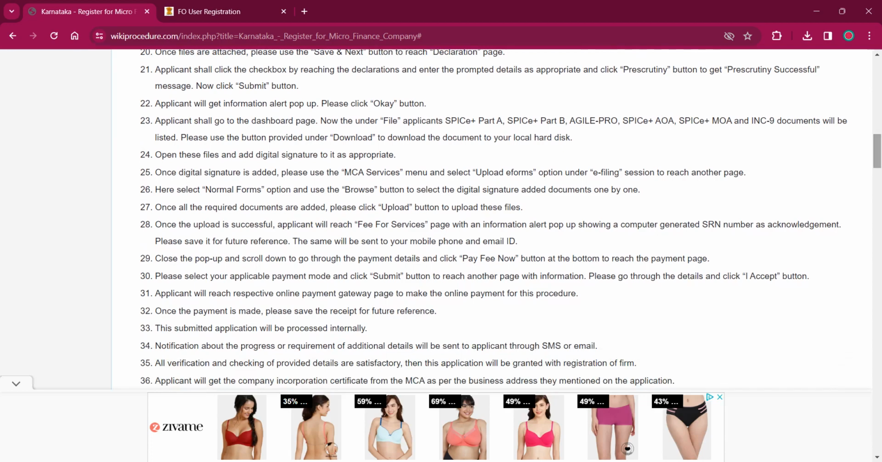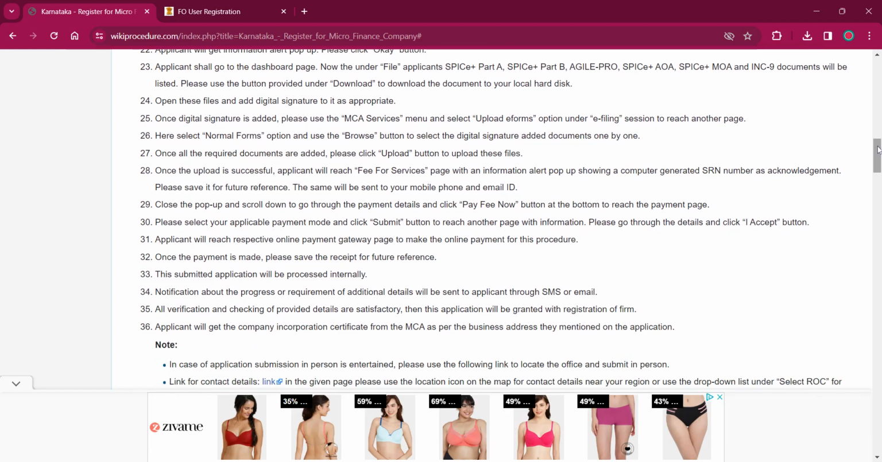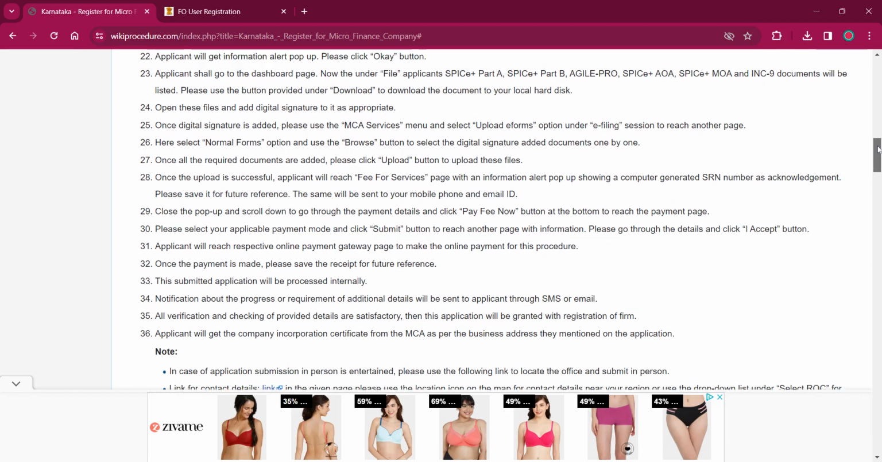Once you have checked everything in the declaration page, click on Prescreenity button to get the Prescreenity successful message. Now click on Submit button. Then a pop-up will be provided. Read that and click on OK button. Then the applicant will be led back to the dashboard where under the file applicants,